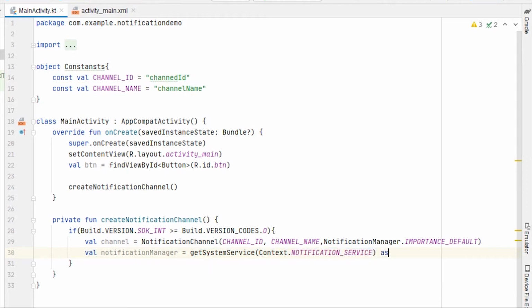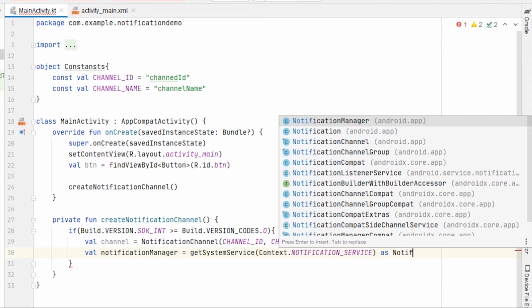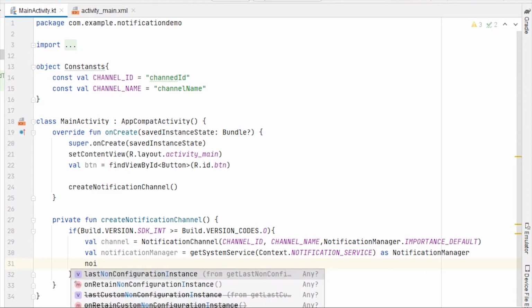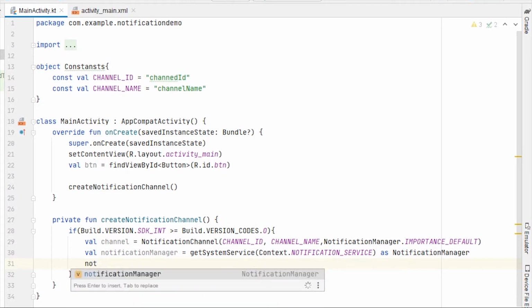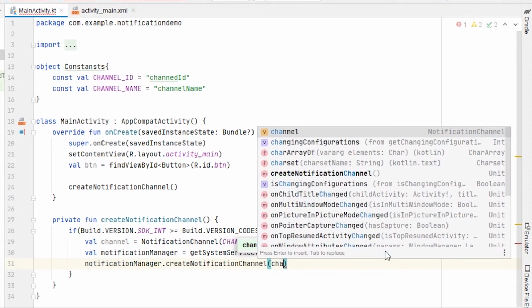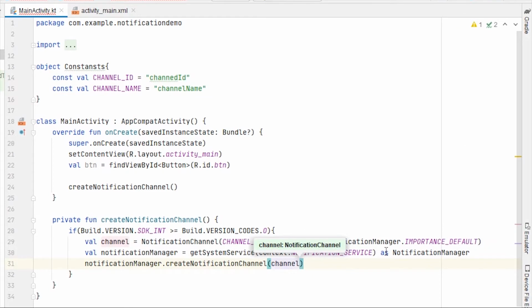So we need to cast this as notification manager, and at last we'll pass this notification manager variable, and we'll create the notification channel with it, and we'll pass that channel variable here. So that's it, our channel is now created. So now go back to our onCreate function,